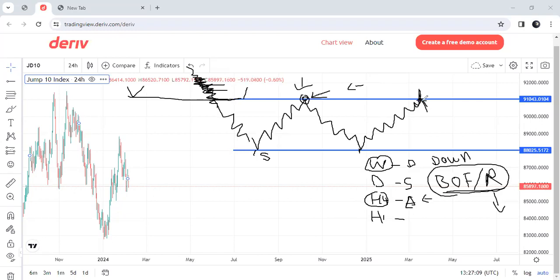This is your second time touch. Remember, people are going to miss this opportunity to get in here. They're going to come back for this one. Remember, back in the days, and even now, they like to say the more touches you have on the support or on the resistance, the stronger the level.